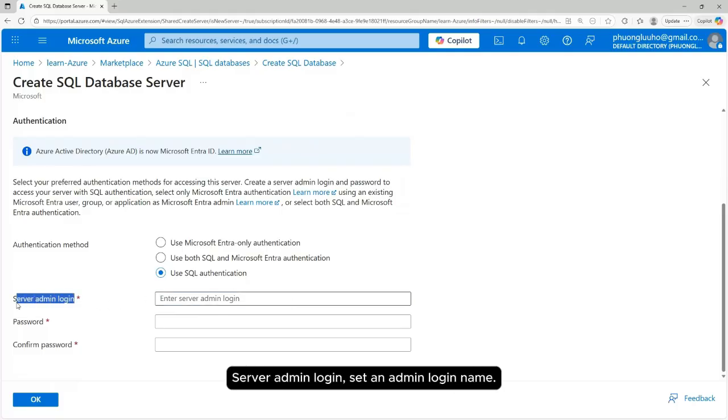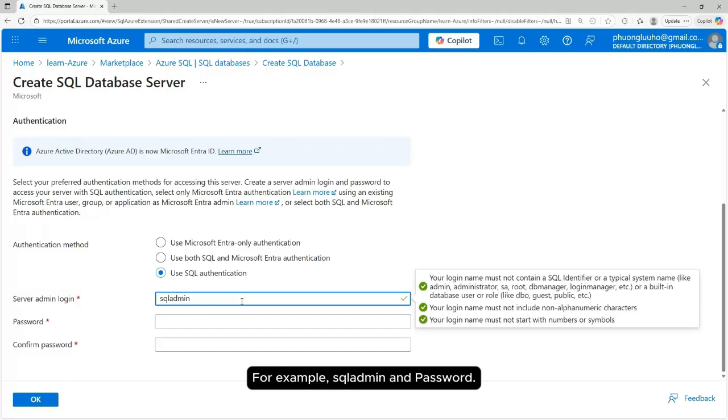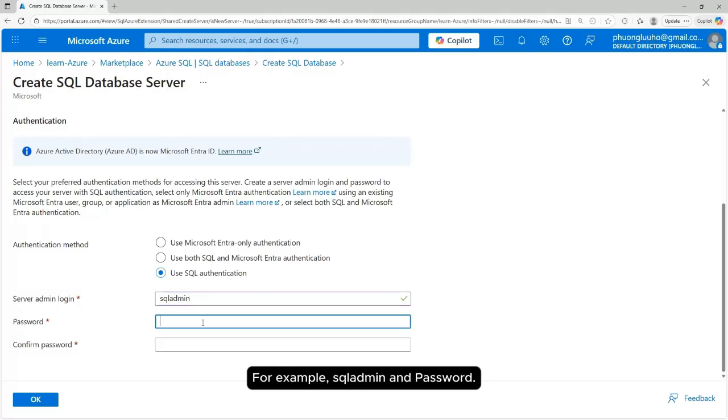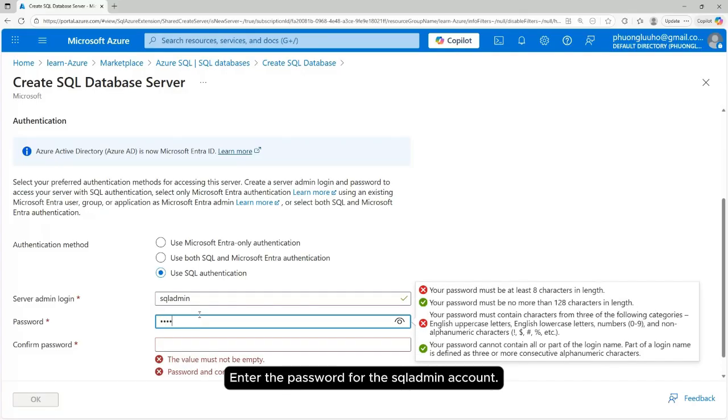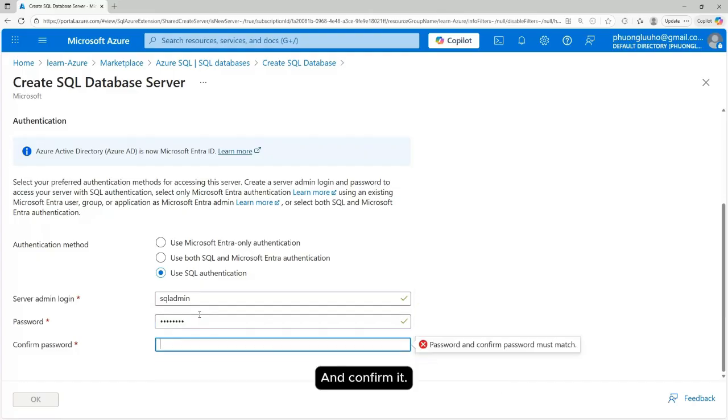Server admin login, set an admin login name. For example, SQL admin and password. Enter the password for the SQL admin account and confirm it.